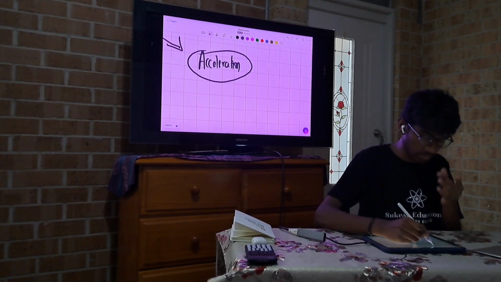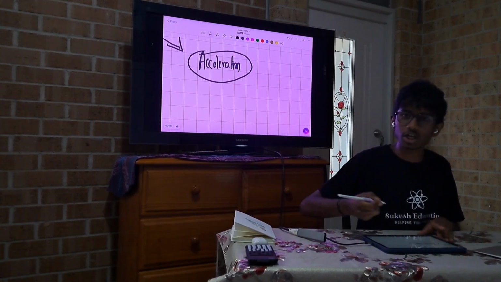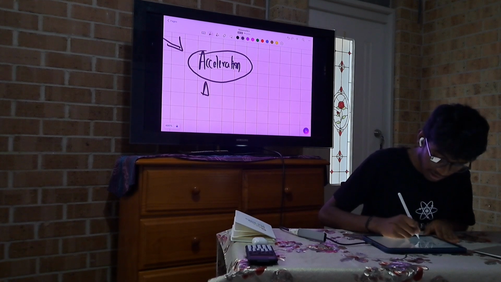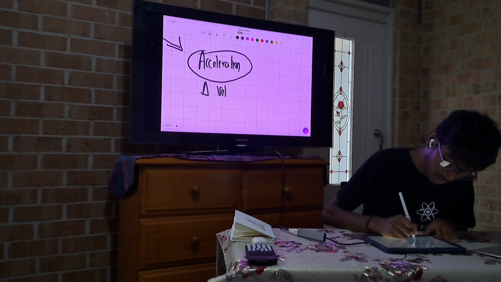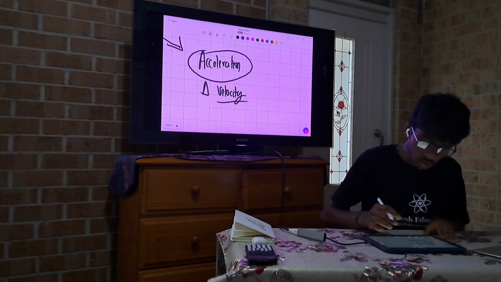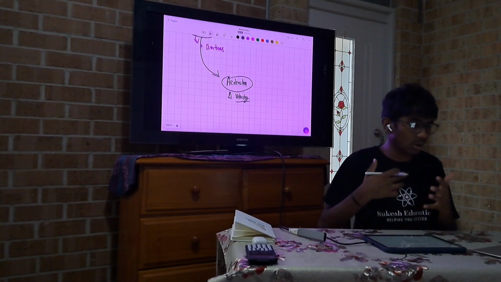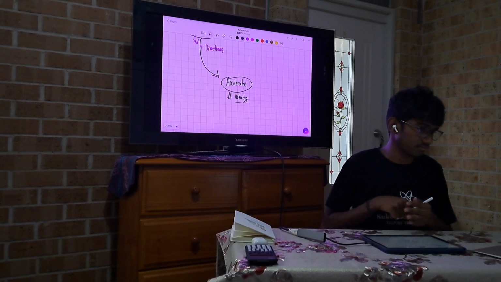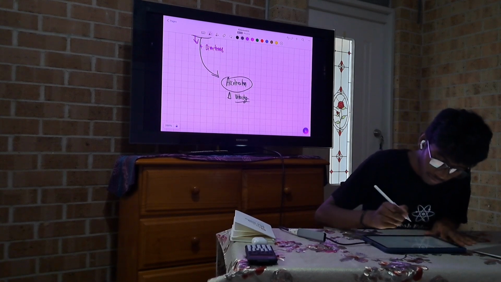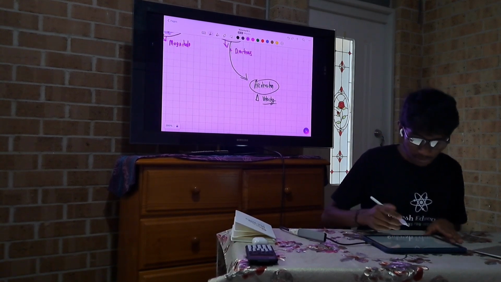Now, what is acceleration? Acceleration is the rate of change of velocity. How unique? Rate of change of velocity. So it's how fast the velocity changes. So, for acceleration, right? Suppose you're